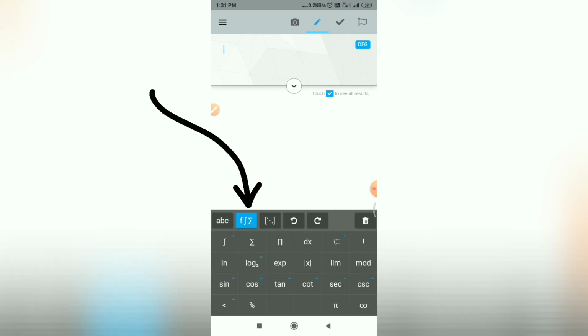Then followed by that you have this function, followed by integration, summation, where you will find all the log symbols, then sine, cos, trigonometry symbols. Now you can see friends, on every button there is a small blue cap. If you tap on that button, you can see this button can be used for getting two different math statements. One is log base 2 and one is log base 10.